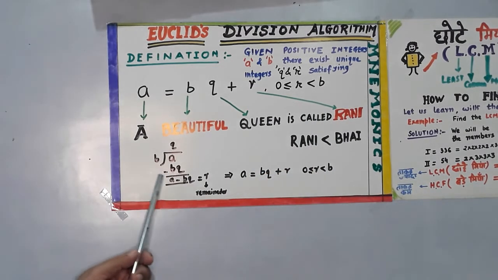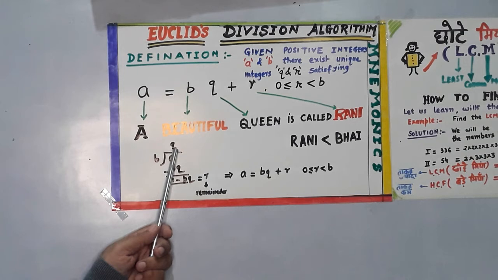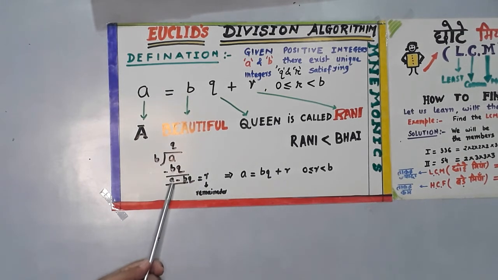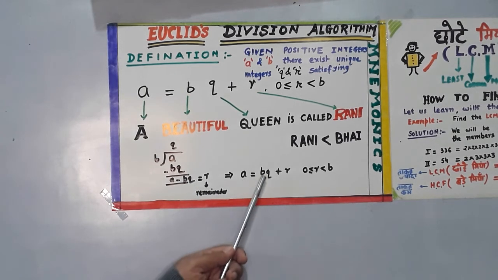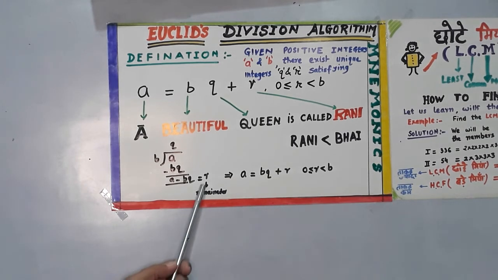No, this is simply a division, when A is divided by B. So there comes a quotient Q. So B into Q is BQ. Subtract it, it becomes A minus BQ is equal to R. Take BQ on the right side. It becomes A is equal to BQ plus R, where R is less than B, greater than or equal to 0. R is the remainder here.